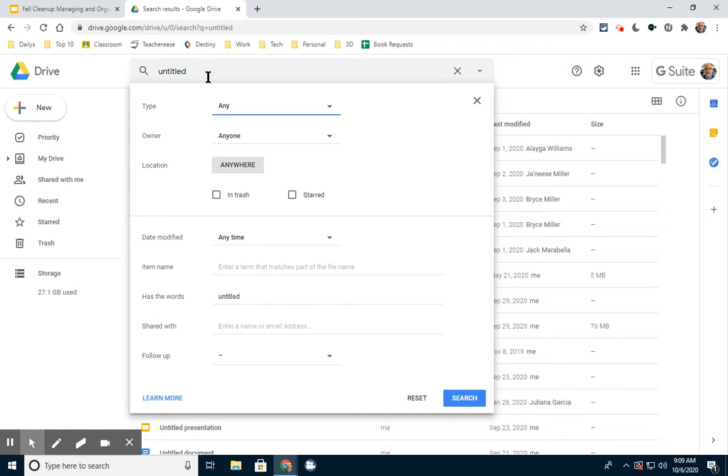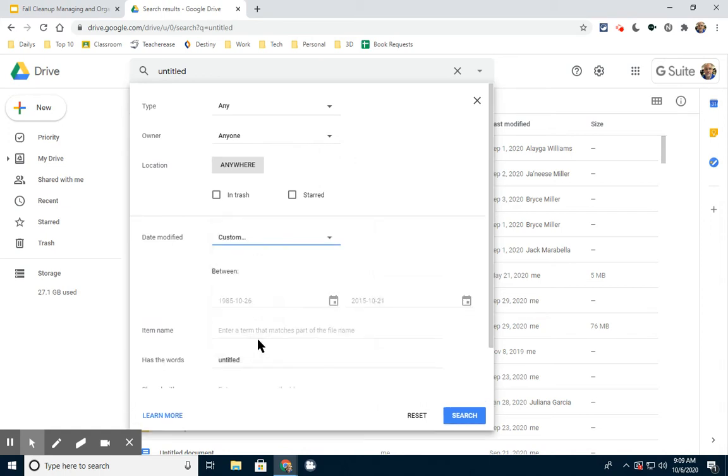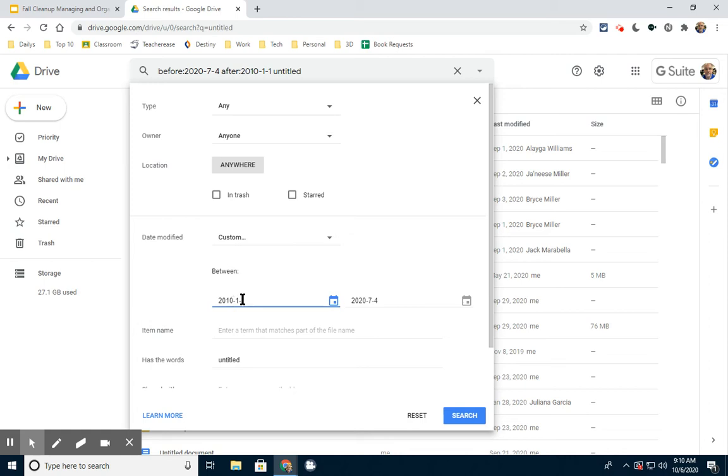So I can add not only "untitled," but I can say when I did it, okay? And we're going to go back and use those custom dates. So I'm going to say anything from 2010-1-1, so January 1st, 2010, until, let's say, 2020, we'll be safe and say July 2020, we'll just make it July 4th, okay? So anything between January 1st, 2010, and July 4th, 2020, I want to look for any files